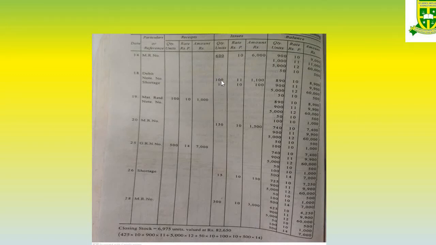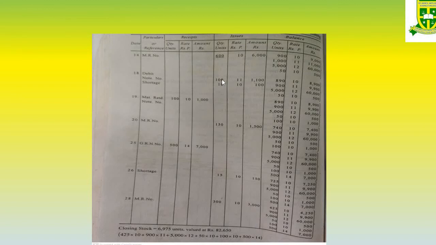How much are we issuing? 100 units we are issuing. So what is the rate? 11. I already told you that they would specify the date on which it was bought or issued, so we have to take the price from that particular date. So 100 into 11, 1,100. Issuing means it's going out. Because I have already added it in the balance, now I have to deduct it back, since I am returning it back. So from which entry do we have to deduct?